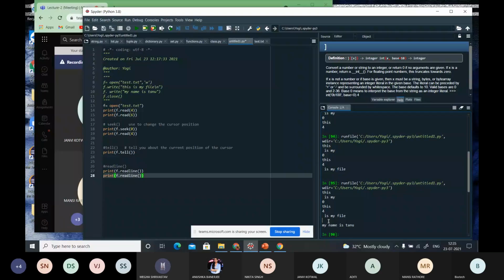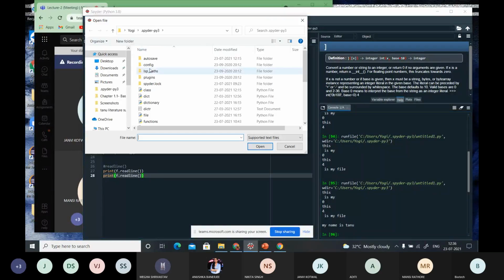You know now how we can change the directory by using the chdir command. If my file is stored in some other directory and I am working in my current working directory, if I directly open it from here, it will navigate me to this particular location. Suppose my file is present in another folder. So how can I change my directory? By using chdir.